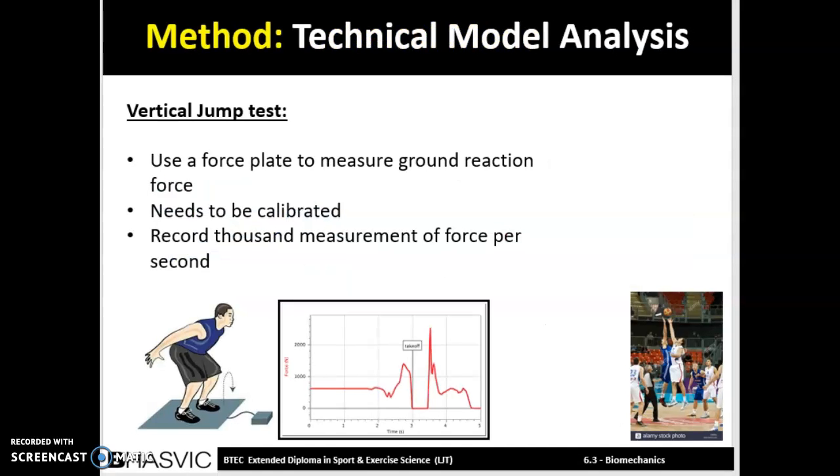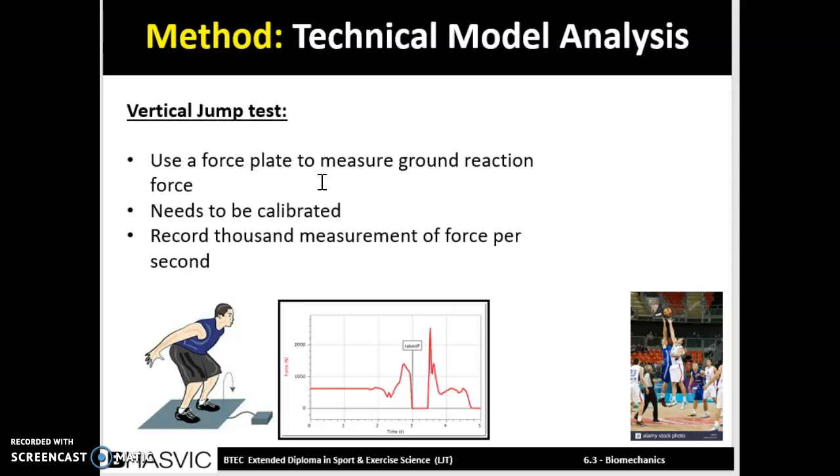For our investigation, the method we should use, so the vertical jump test first. This was to measure the power in their legs, as this is very important in basketball. You've got, for example, the tip off to start with. You want to be able to jump higher than your opposition, so you want the greater amount of power to do that. So an ideal way of doing this would be using a force plate to measure ground reaction force,